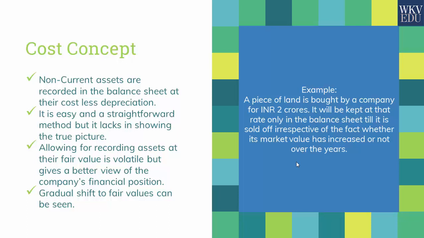So for example, we bought that land in 2000 and today we are sitting here in 2017. The price of the land then was 2 crore rupees. Till date, in my accounts, I will keep it at 2 crore rupees, irrespective of the fact that today that land might be costing, or the market value of the land might be, 5 crore rupees or 10 crore rupees. We will not be showing that in our balance sheet. So what we are actually showing is an untrue picture of the financial position of my firm. My firm's assets should reflect that the land is worth 5 crore rupees. Instead, it is still reflecting that it is worth 2 crore rupees.